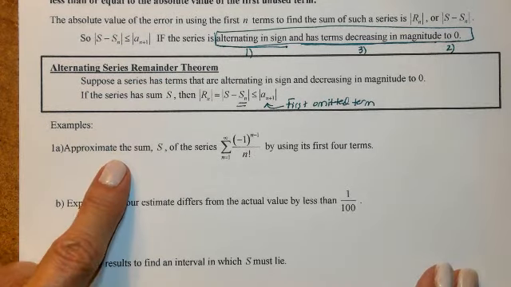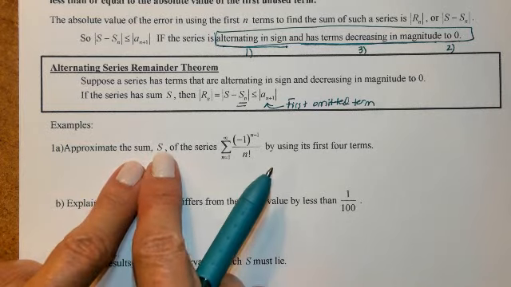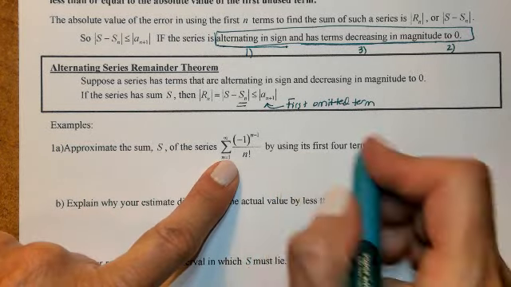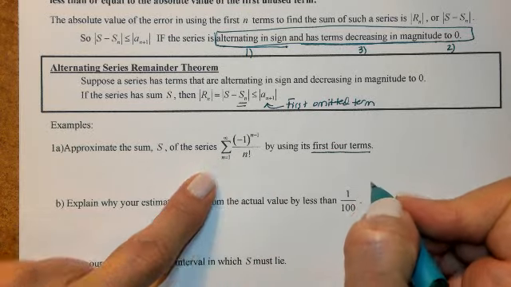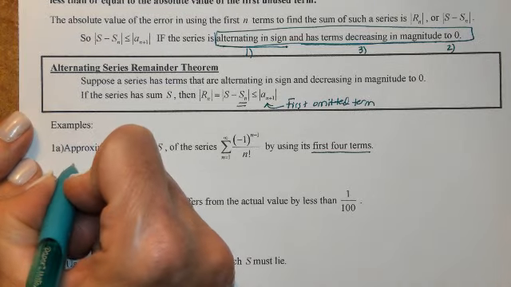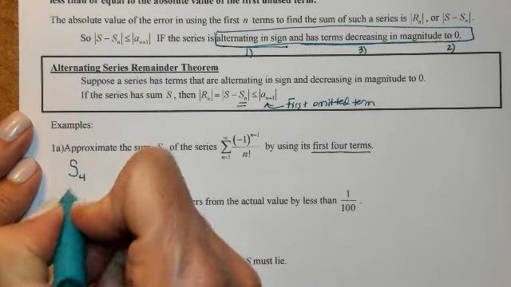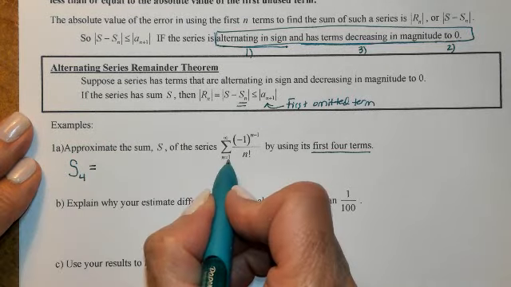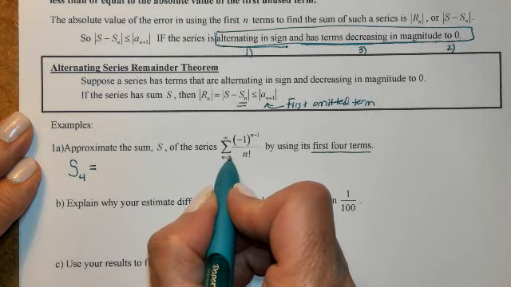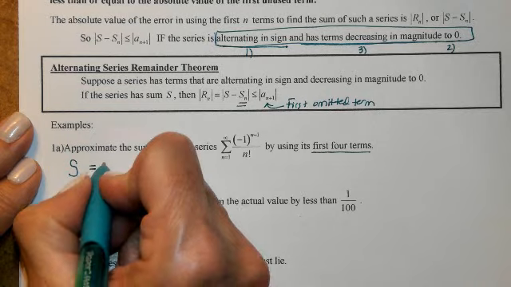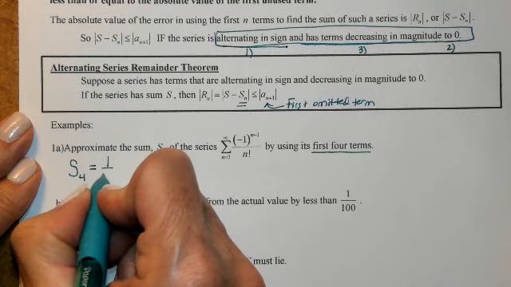Okay? Example 1. Approximate the sum, the infinite sum of this series by using its first 4 terms. Okay, I can do that. I'm going to write out the first 4 terms, and I'm going to call this S sub 4 because it is the first 4 terms. So S sub 4 would be, okay, what is our first term? Take your time and plug in this number in for n. When I plug in that number in for n, I get 0 here. Negative 1 to the 0 is positive 1, so it's positive 1 over 1 factorial,